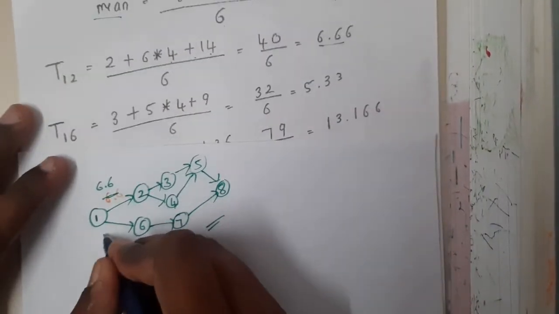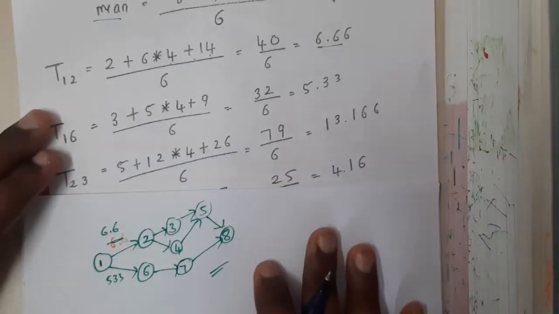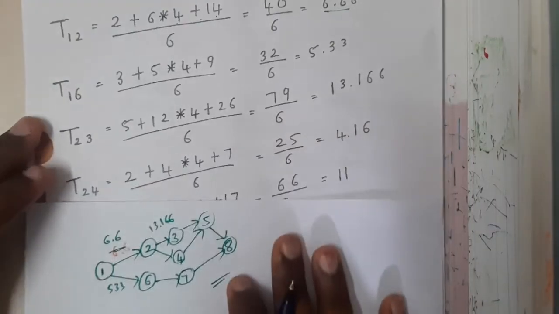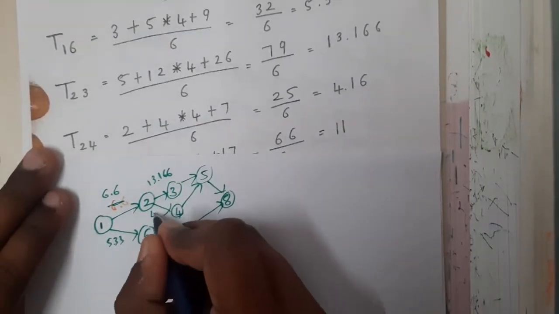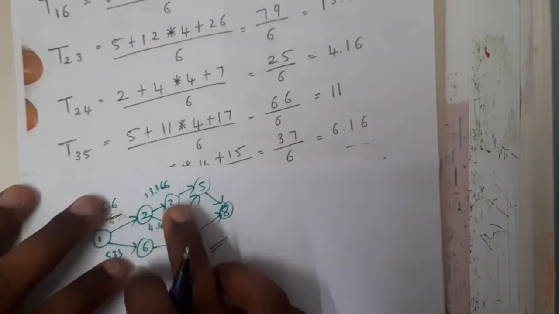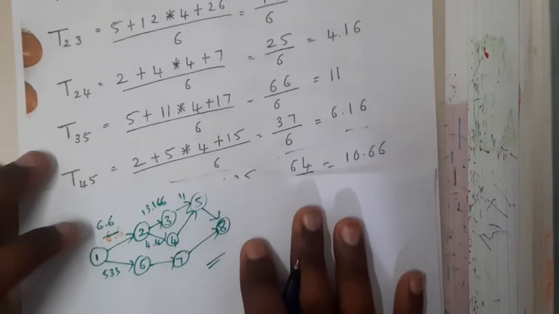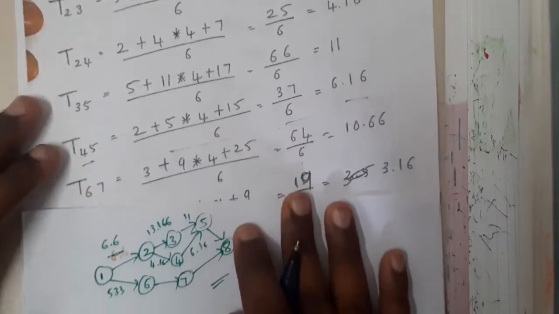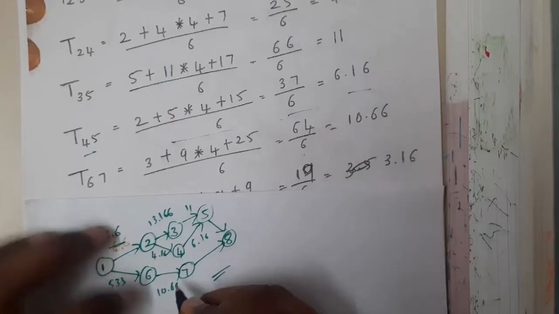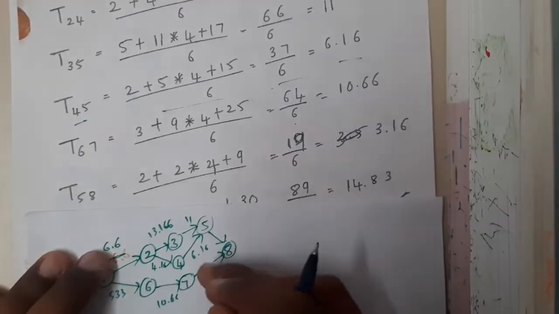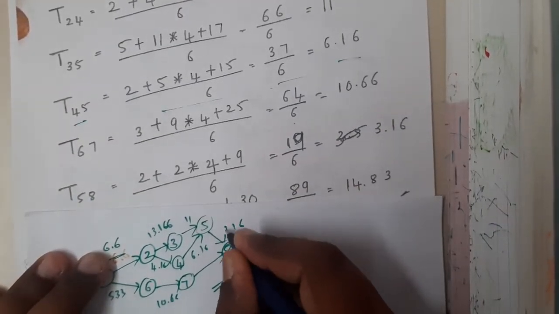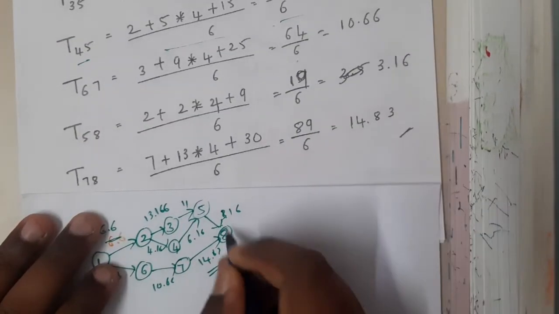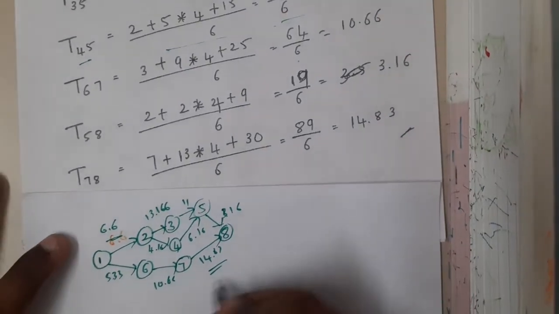After that, 1 to 6 I am saying it is 5.33. From 2 to 3 it is 13.166, right? Similarly 2 to 4 it is 4.16. From 3 to 5 I am saying 11. From 4 to 5 I am saying 6.16. From 6 to 7 it is 10.66. From 5 to 8 it is 3.16. At the end, from 7 to 8 it is 14.83. In this way you will be calculating for each and every one and updating in your